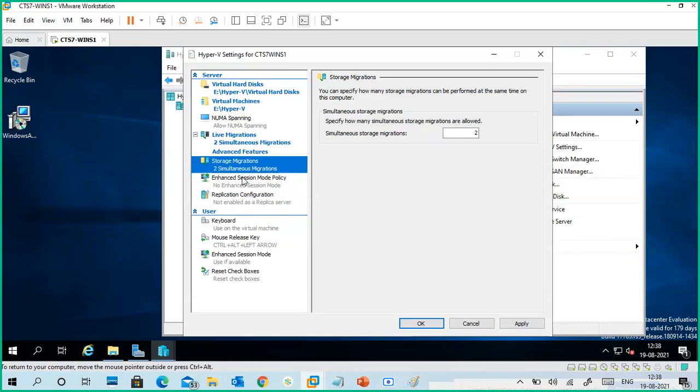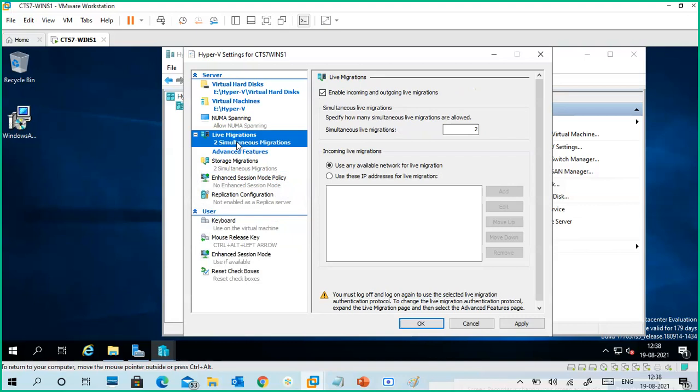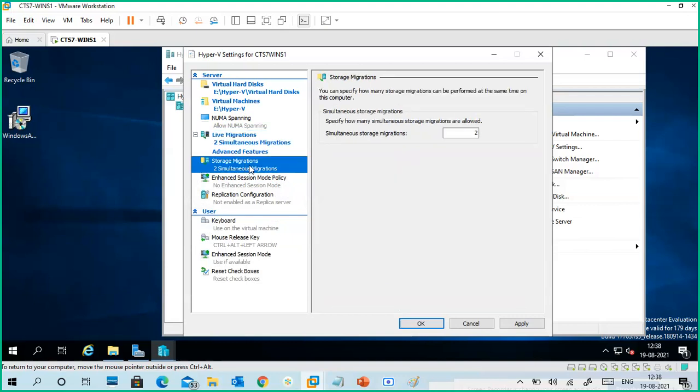Then what are the conditions? Live migration for a virtual machine moves settings and the machine runtime environment only. But storage migration means the virtual hard disk.